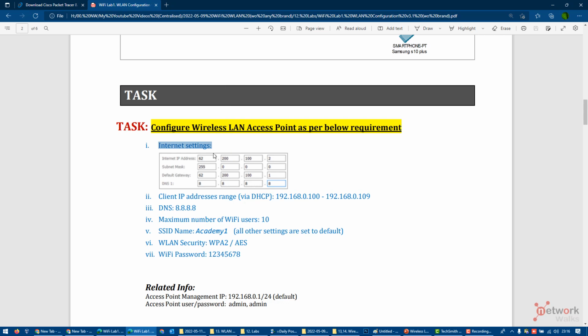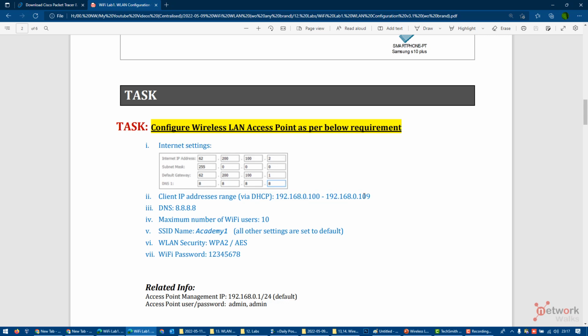be like this. These settings are usually given by our internet service provider from wherever we are getting the internet, like Vodacom, Vodafone, MTN, British Telecom or any other ISP. So they will tell us which setting we should use. Then the DHCP setting should be like this, that DHCP is a system to give us IP addresses in simple language. So the DHCP setting of the Wi-Fi router should be that it should be able to give IP addresses to the laptops, to mobile phones, whoever connects to it, from